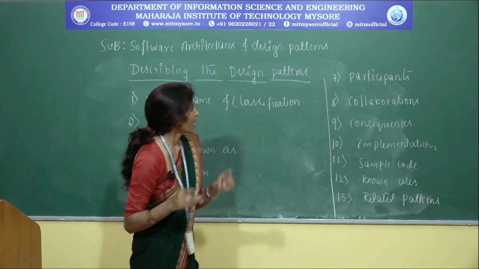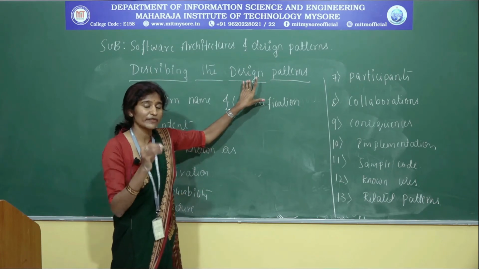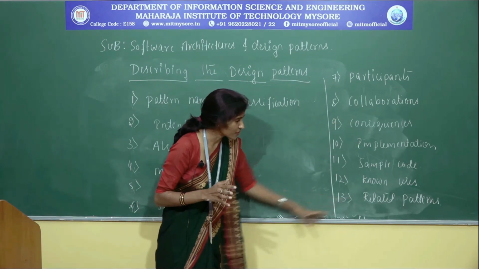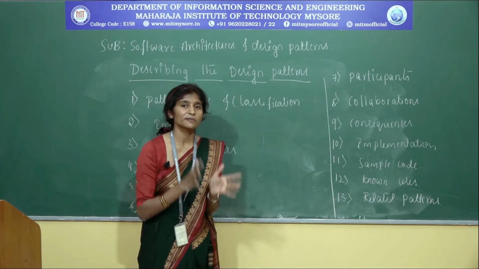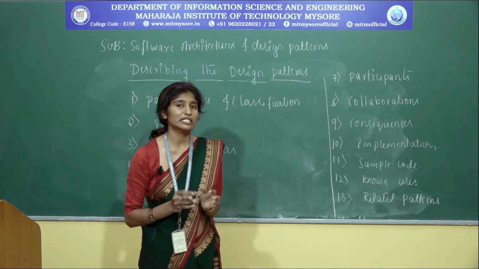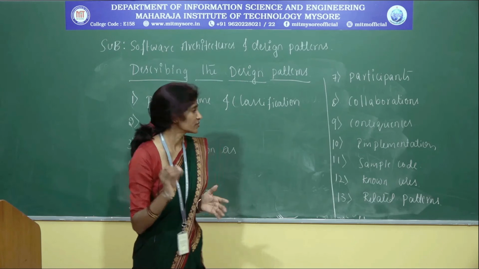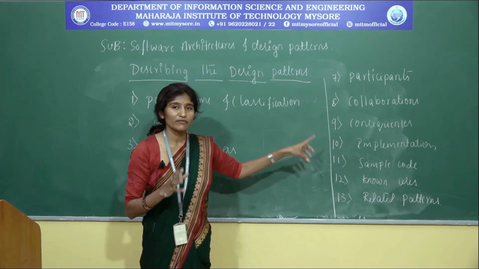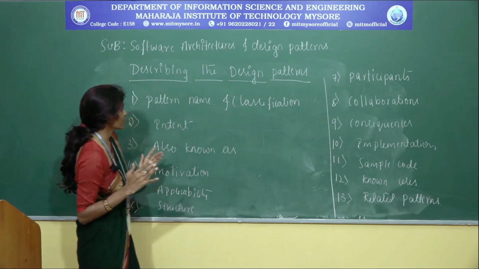In the same way, I am going to describe the design patterns. Each and every design pattern consists of all these kinds of information. I told you in the beginning itself, in this syllabus we are going to study 23 kinds of design patterns. Each design pattern consists of all these 13 parts. Let us see them one by one, and what particular points each one focuses on.